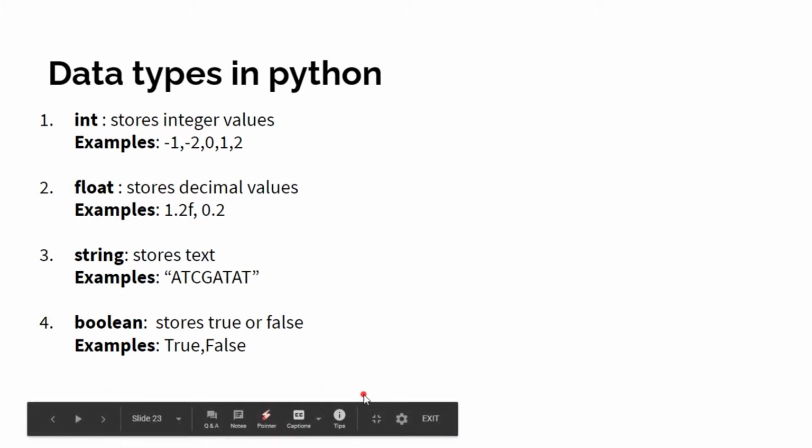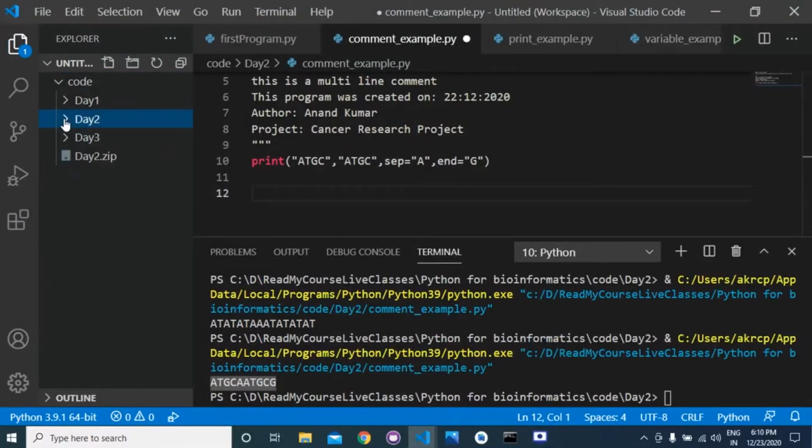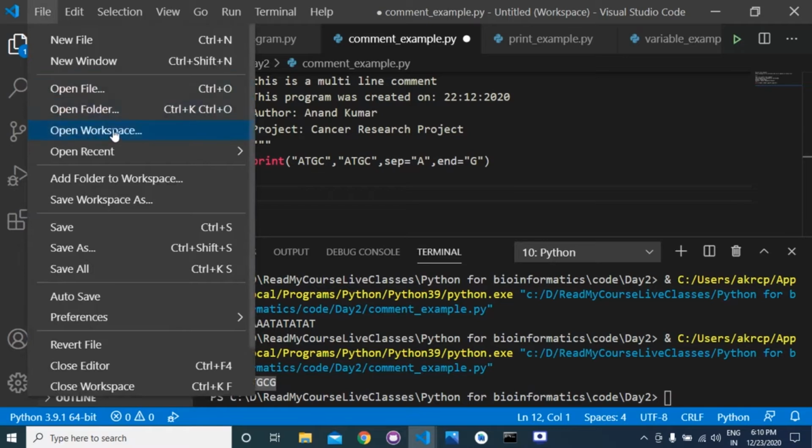Now we will go one by one into this. So we'll practice code. So I am opening a folder here.